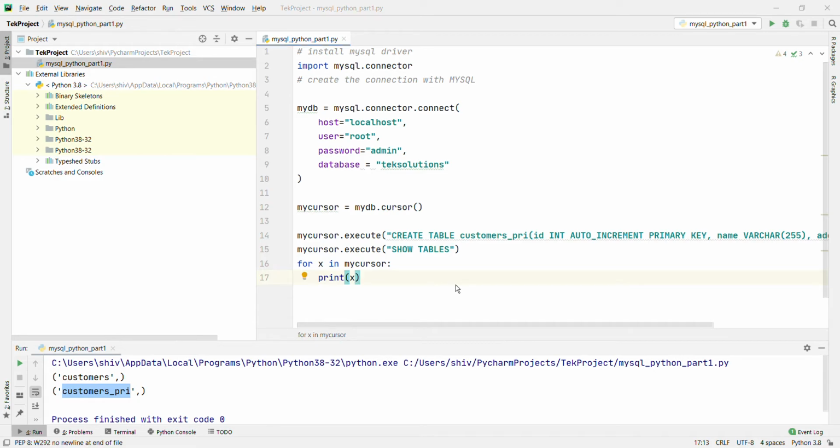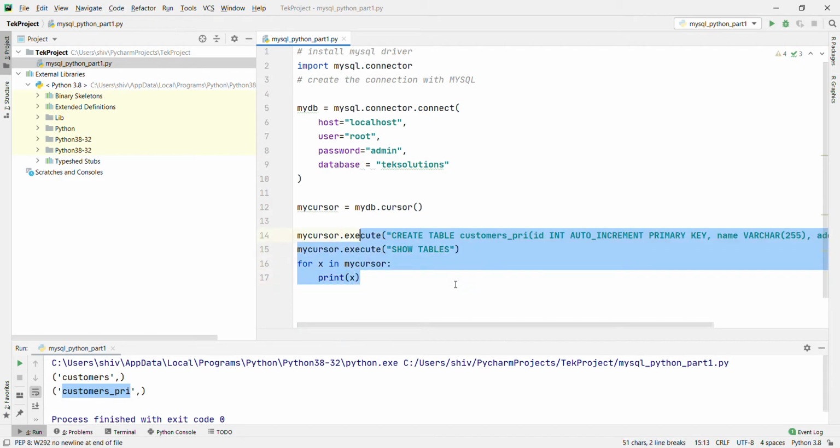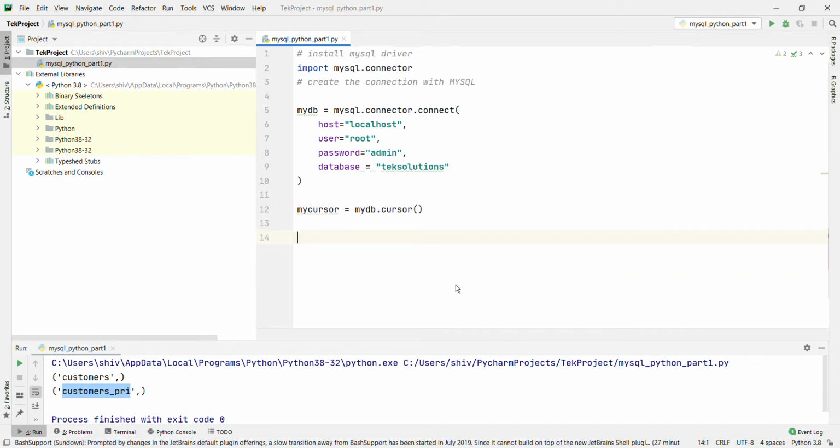Now if the table already exists and you want to change the table, for that we have the keyword alter table. With alter table, we are going to change the existing tables. Okay, now I am going to remove this one.